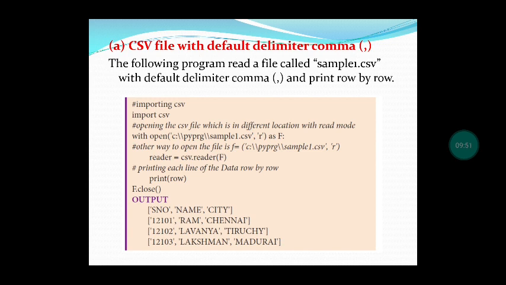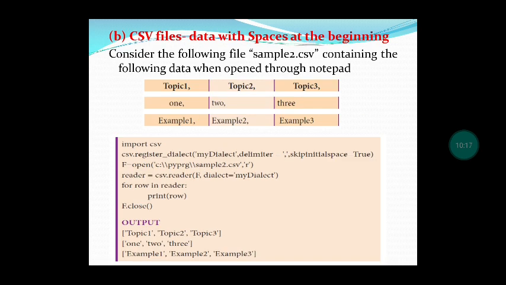The first line of the CSV file we have to give is the comment, importing CSV, that is in the command line. Next line we are giving import csv. Here the output is coming, mentioned with a comma because we have used the comma in the output. For that purpose you have to use the delimiter as the comma. Let us see the next example.